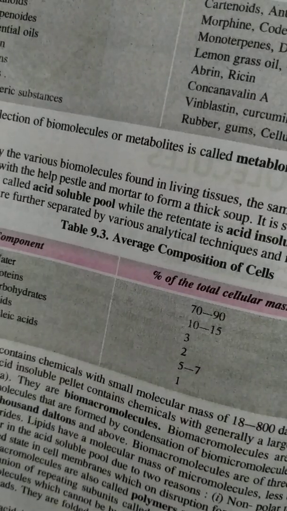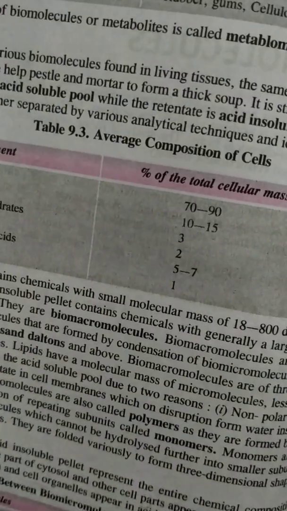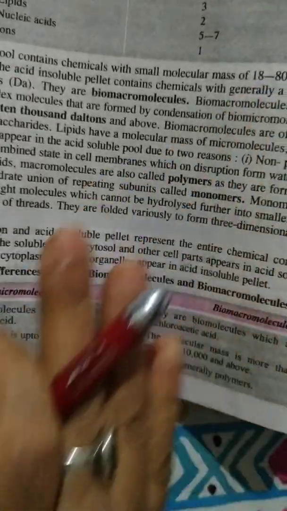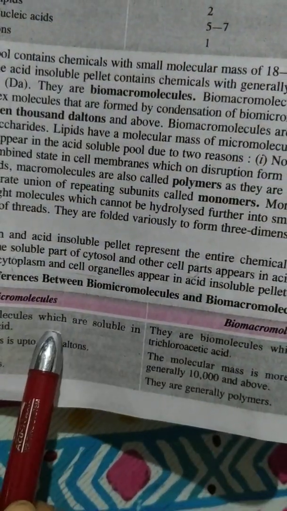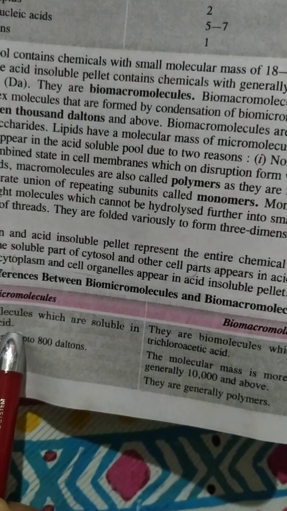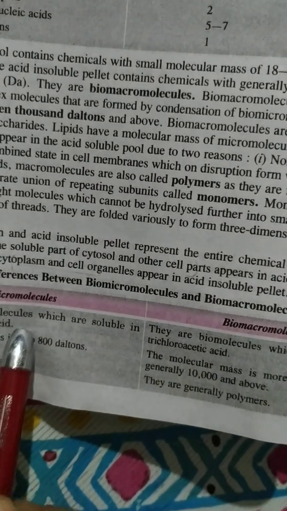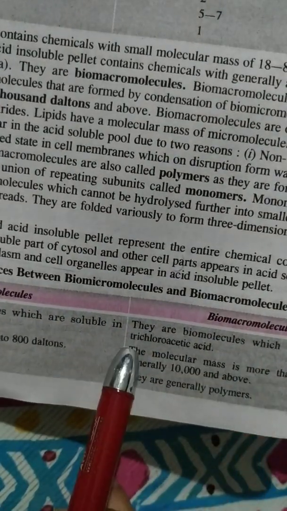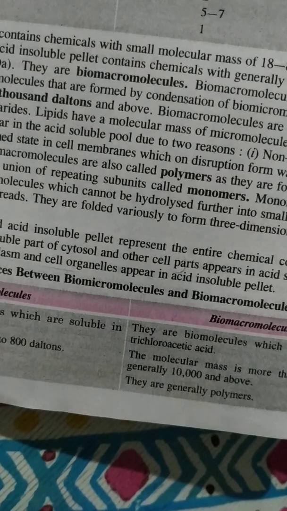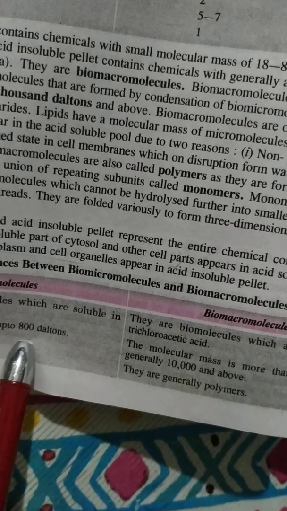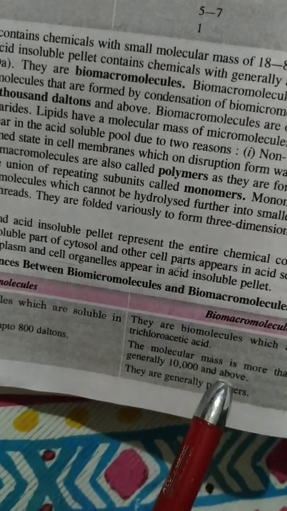Biomolecules are of two types: micromolecules and macromolecules. Here you see the difference between them. Micromolecules are those which are soluble in trichloroacetic acid, while macromolecules are not soluble in trichloroacetic acid. Secondly, the molecular mass of micromolecules is up to 800 Dalton, while in the case of macromolecules,